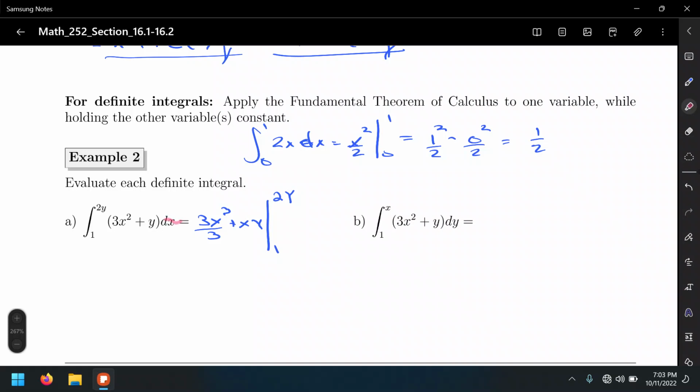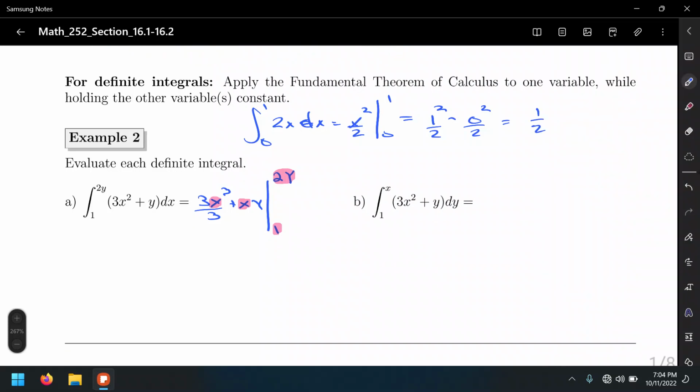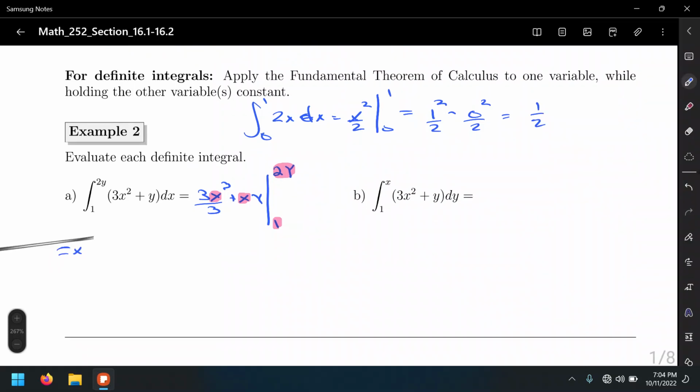In this case, since we integrated with respect to x, we will evaluate this from 1 to 2y wherever we see the letter x only, leaving y as a constant. Okay, so let's go ahead and do that. All right, number 1, let's simplify 3 over 3. That's x cubed plus xy from 1 to 2y, and that's 2y cubed plus 2y times y, and in this case 2 cubed, which is 8, y cubed, and plus,